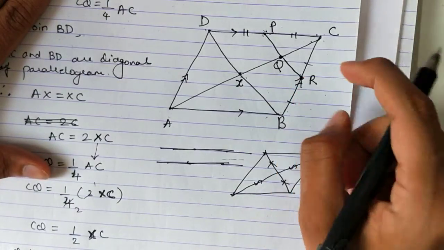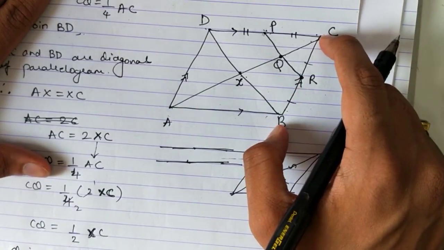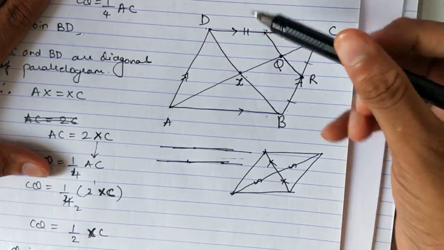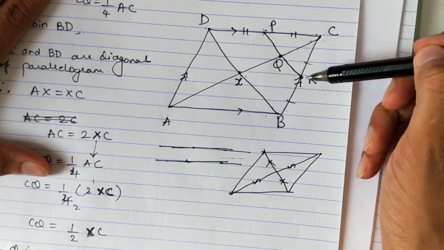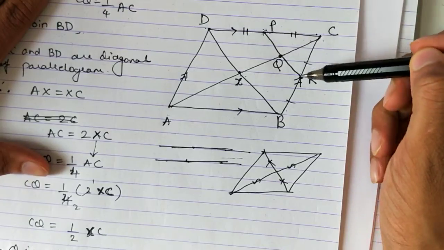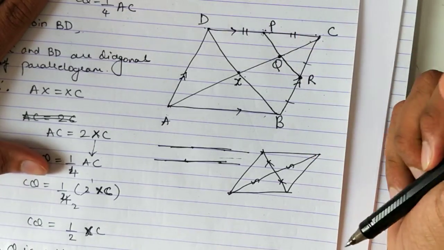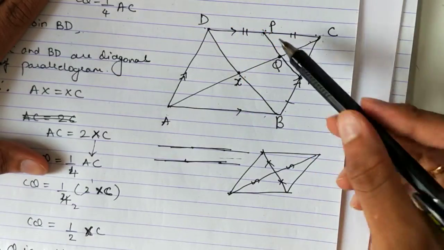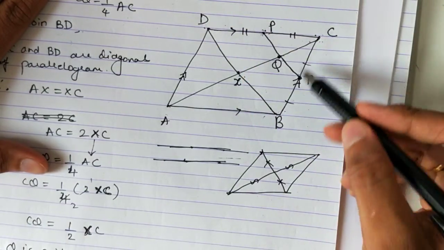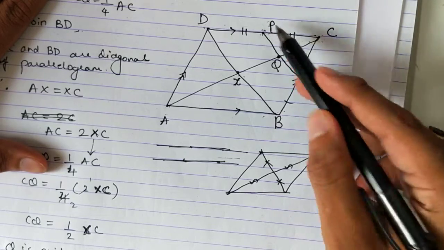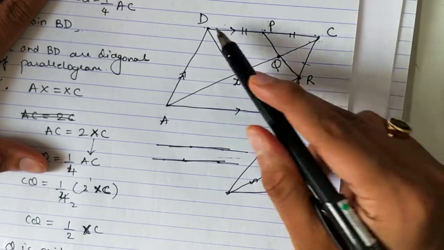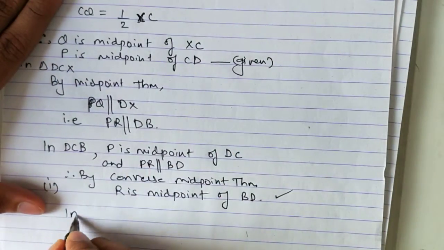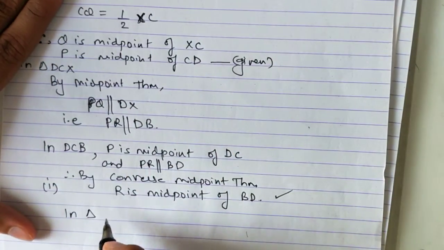Now once we have proved that R is the midpoint of BC, again if you take this triangle, now this time P is also the midpoint and R is also the midpoint. That means this line PR is half of BD, correct? See, in this triangle, full triangle, P तो मिड पॉइंट था ही, R भी मिड पॉइंट मिल गया, तो अभी P R दोनों मिड पॉइंट है. इफ दे बोथ आर मिड पॉइंट तो P R इज हाफ ऑफ BD. करेक्ट. सो आई विल राइट दैट इन ट्राइंगल